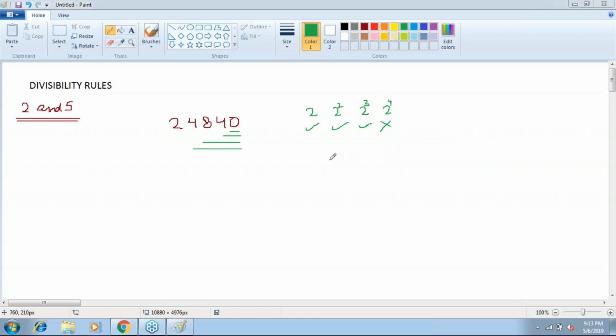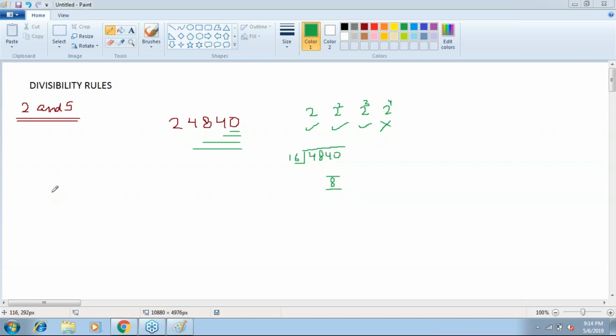Okay, another thing. This 4840, what remainder will it give when it is divided by 16? I think it will give a remainder of 8. So the good news is that the entire number will also give the remainder of 8 when divided by 16. All right. So the shortcut of this, the shorter version of this is,